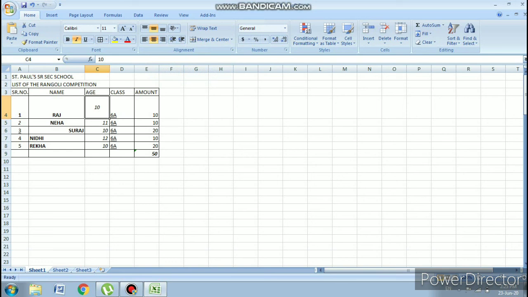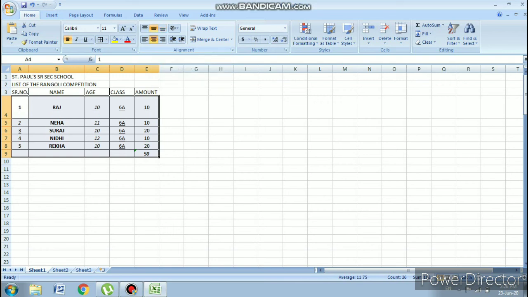See how it is moved. Now I want to make the correction in all the cells, the entire file. So I simply select the range, then I will click on center and center. Already we have used it somewhere, that's why it's not moving. Now you can see it is centered vertically as well as horizontally.